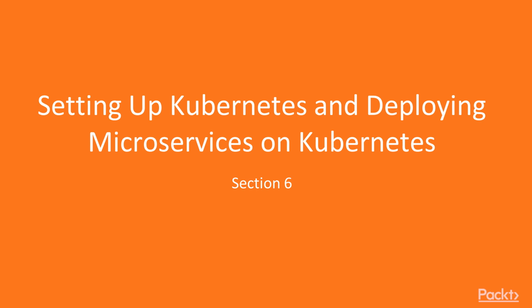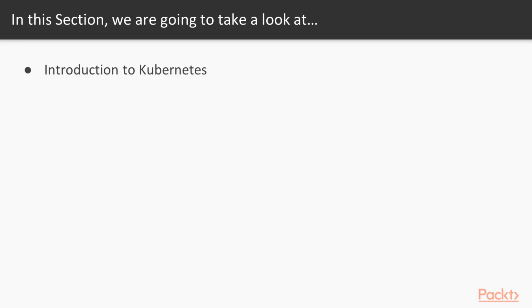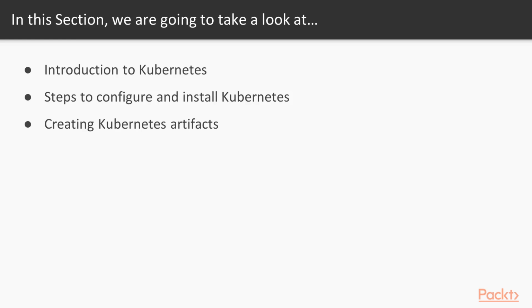Welcome to the final section of our course on reactive microservices in .NET Core. In this section, we'll see what Kubernetes is and how to configure and install Kubernetes on Windows 10. Later, we'll create Kubernetes artifacts for installing and configuring our applications on the local Kubernetes cluster and test our application. We'll also go through some of the concepts like how to scale independent microservices, monitor them, and use them in